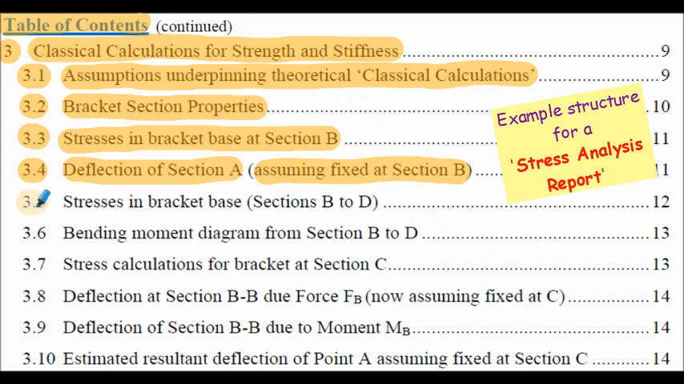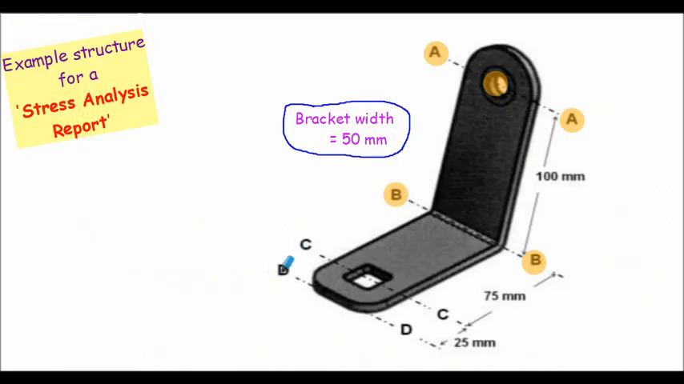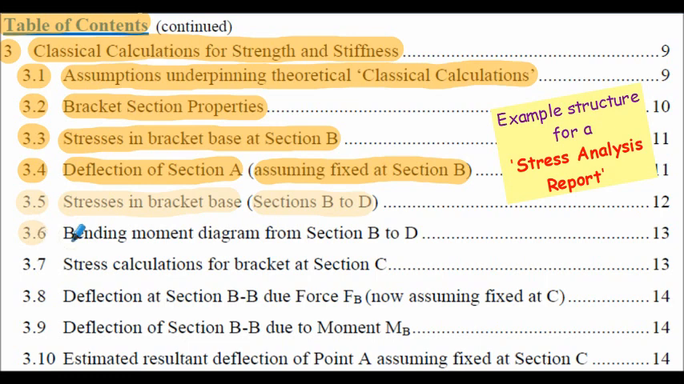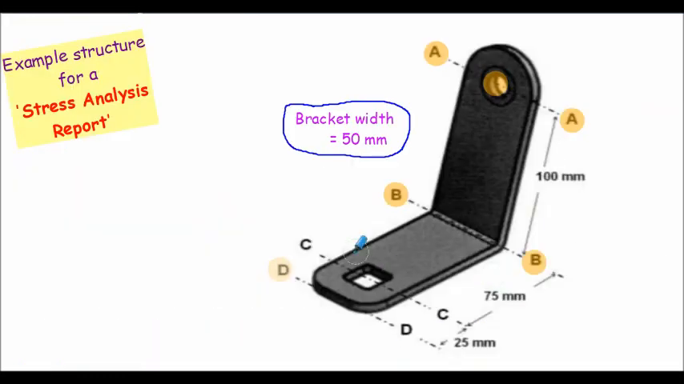Section 3.5, calculate now the stresses in the bracket base. And that's defined as section B to D on our model. So section B through to D is the base of the bracket. Our hole cut out in section C. We then calculate the bending moment diagram for the section B to D. And then 3.7, we calculate the stresses for the bracket at section C. Section C shown here. And that's the section through the hole. That's referred to as the net section through section CC, whereas section through BB would be a gross section of